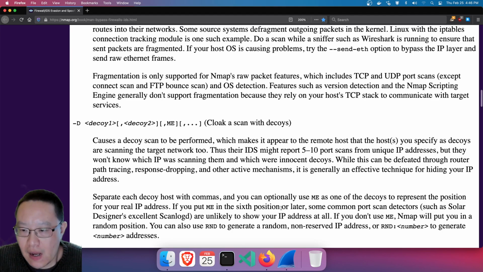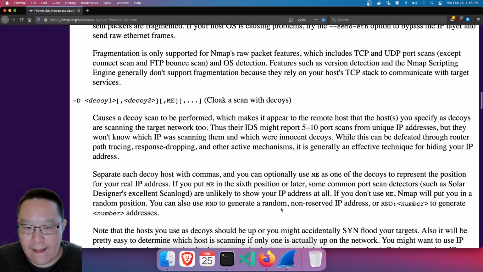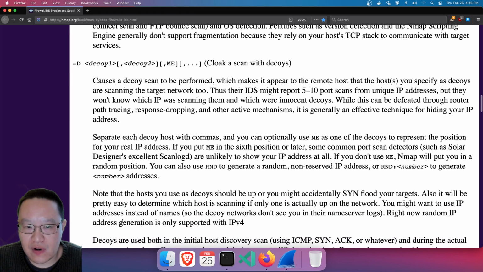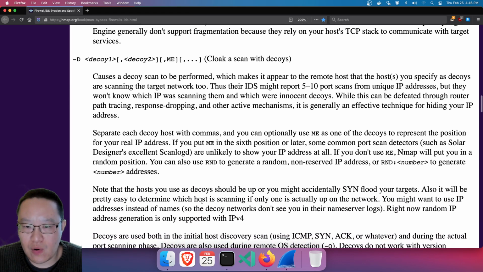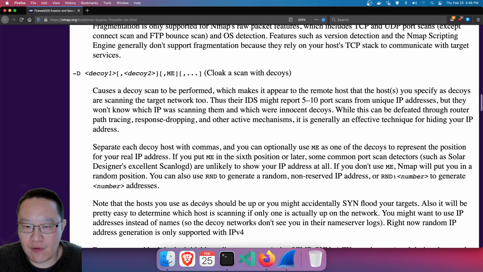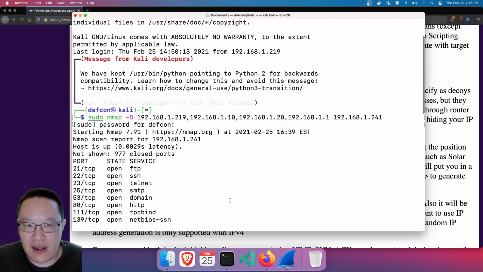So here it is. But the Decoy Scan has a very, very important caveat, and an extremely important caveat, which is the hosts that you use as decoys should be up and running, or else you may accidentally SYN flood your targets. So you must actually